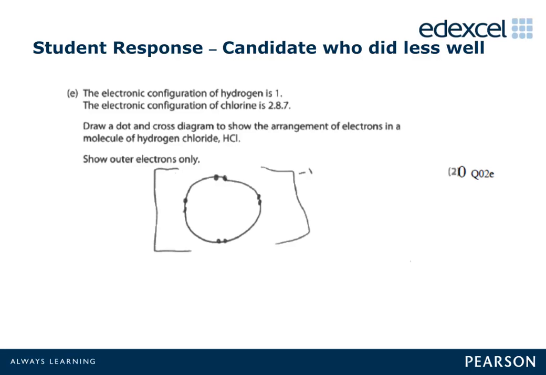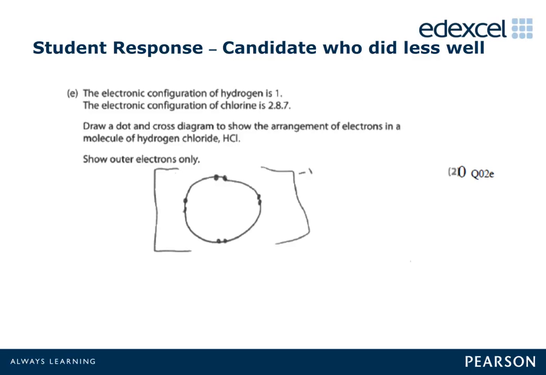Many candidates performed well on this question, which is one of the simplest dot and cross diagrams that candidates are expected to know. Here it looks like the candidate realized that the dot and cross diagram would involve the 7 electrons of the third shell of chlorine and the 1 electron of hydrogen. Unfortunately, this candidate put all these electrons together, as shown together with a charge on the outside of the bracket.